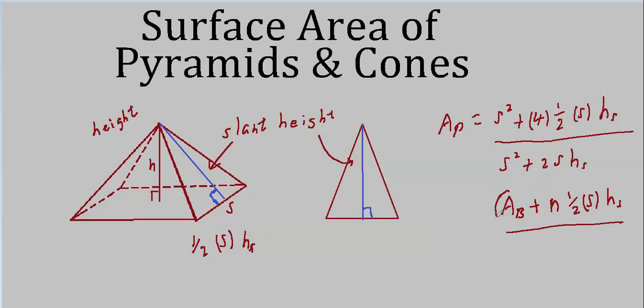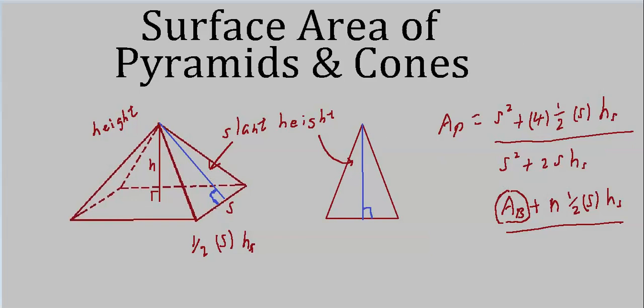This part is much easier for a regular polygon that forms the base. If you have an irregular polygon, everything gets more complicated because the triangles won't be congruent. They can't be. They have to have different side lengths here. But with regular n-gons, you can use this. You find the area of one triangle and multiply it by the number of sides which your base polygon has. It sounds weird when you say it. We're going to work some problems, and this will be even more obvious than it already is if it's not super obvious.